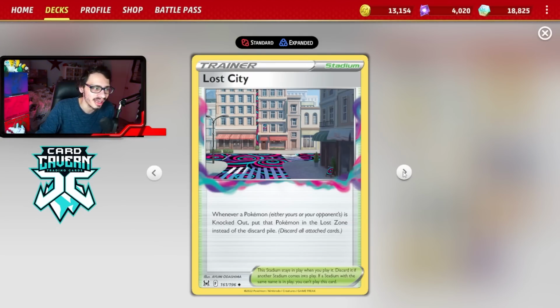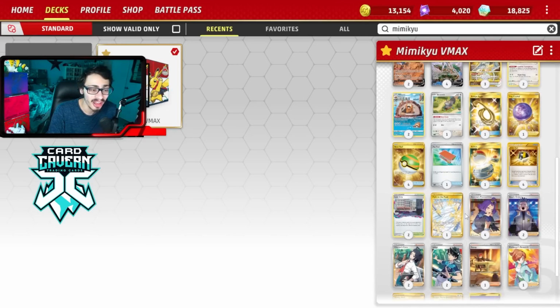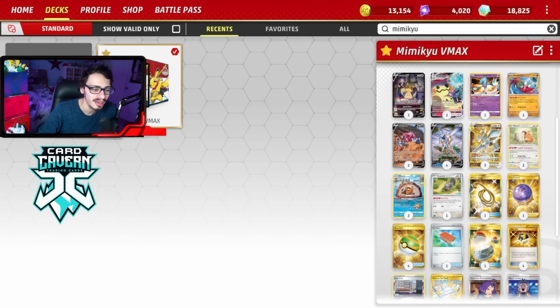I am playing 2 Lost City against Gardevoir. You can just KO a bunch of Ralts and Curlias and send them straight to the Lost Zone. And then I am playing a Path 2 for extra disruption. Don't know if you need the Path, but I am playing it. Though 3 Lost City might just be fine. And that's the list. Let's go try a Mimikyu VMAX on PCG Live, and hopefully we get some